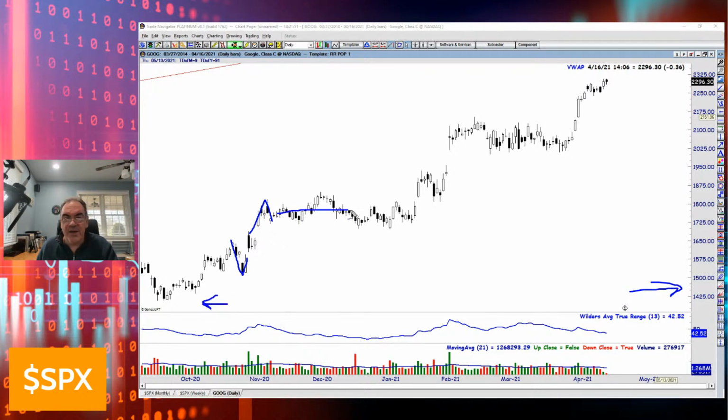This has all been sideways. You got little hiccups in there. It doesn't mean a thing. You've got this V bottom in here and then a V top here. You have another V bottom and a great V top in here. Then we just kind of do this sideways thing, and I really wouldn't call this a V top yet. We're just kind of sideways rolling up.